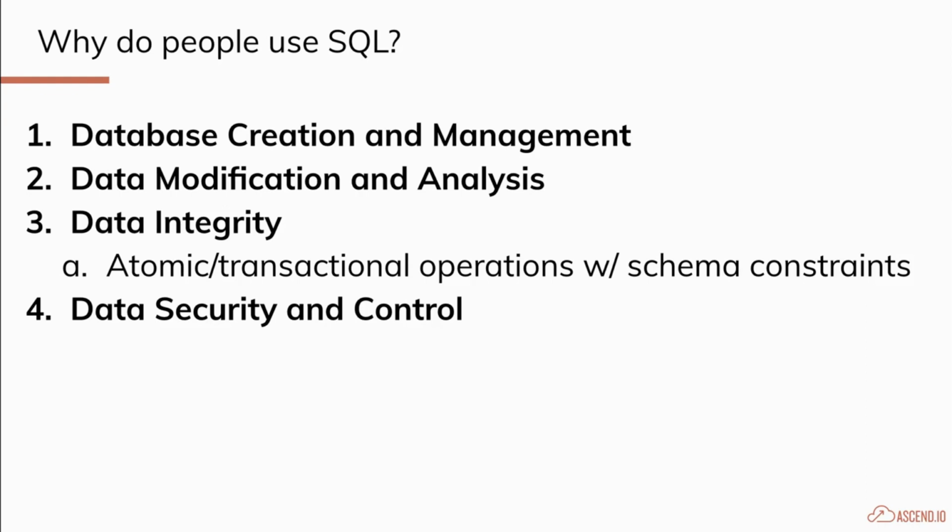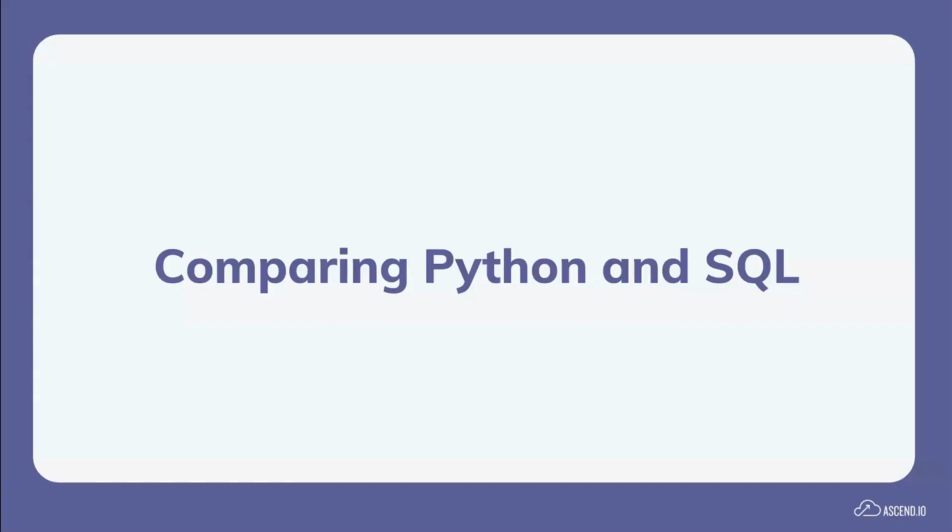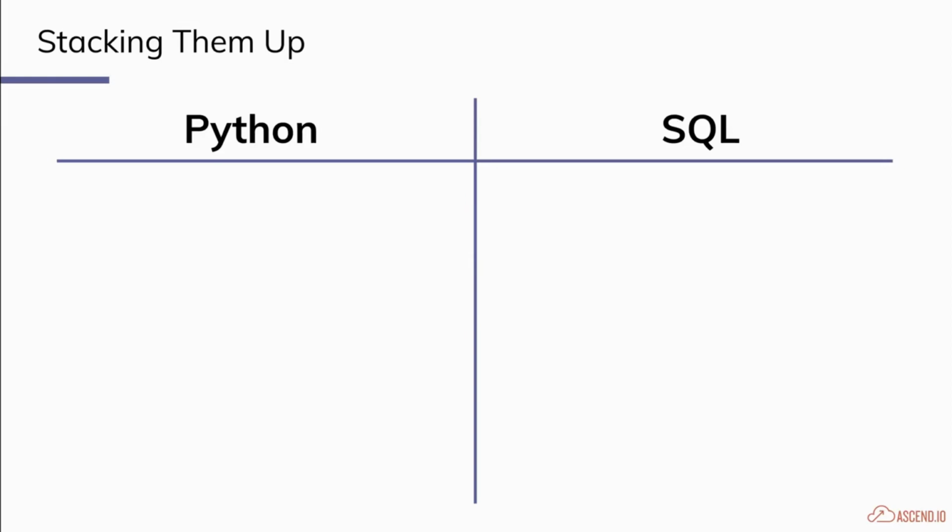So with that in mind, and hopefully some of you are pretty familiar with this as well, let's get into comparing the actual Python and SQL, right? We're going to break it down into two main ways and just one visual way so that you're able to start getting an idea of what the two are, maybe visually if you haven't seen it before. But the biggest and foremost difference between the two is that Python is imperative and SQL is declarative, right?